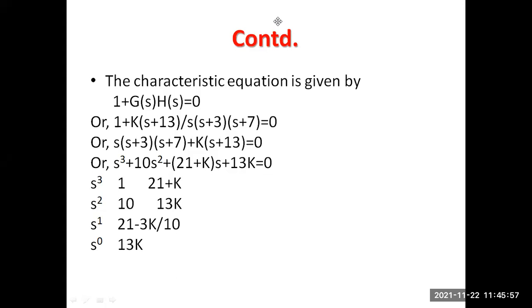K का वैल्यू है greater than 0 and less than 70. What is the value of K? Greater than 0, sir, and second less than 70. Correct, correct. So K should be greater than 0 and it should be less than 70. Okay. So first part is over. So we'll move to the second part now.